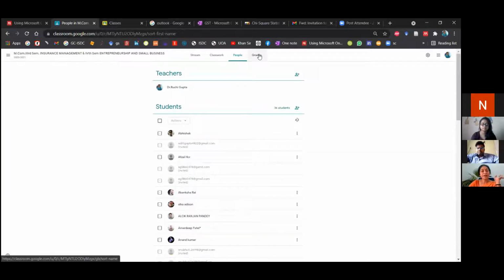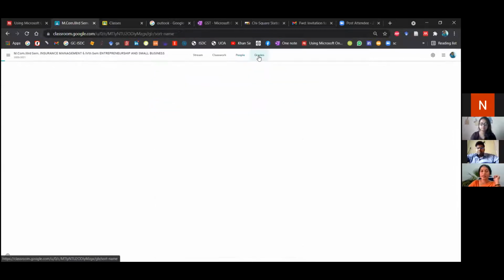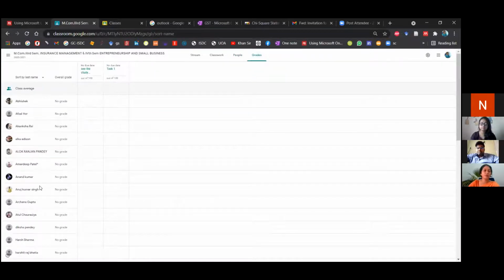Okay. Then the next very important part I was talking about is the Grades. If you take any test or conduct any quiz, you can see the names of all the students. This is an auto-generated sheet, and the marks and the tests, everything will come here. So you don't have to take the pain of preparing the marks for the students. Once you grade the students, the marks will automatically come here. Or you can assign them automatically if it is a quiz, or if you have taken an assignment in which you have given 2 or 3 questions. In that case, if it is out of 100, you can put it out of 50, and then you can assign the marks.